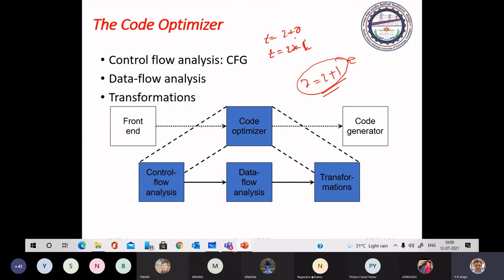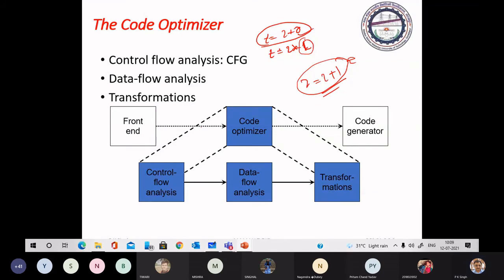This instruction becomes redundant because the value of I is not being changed. 0 is the identity for addition and 1 is the identity for multiplication. You can identify this just by looking at the code, and this type of optimization is called peephole optimization.